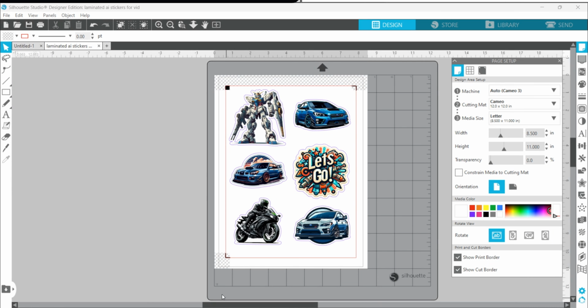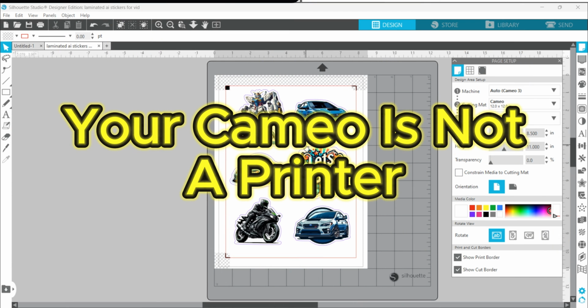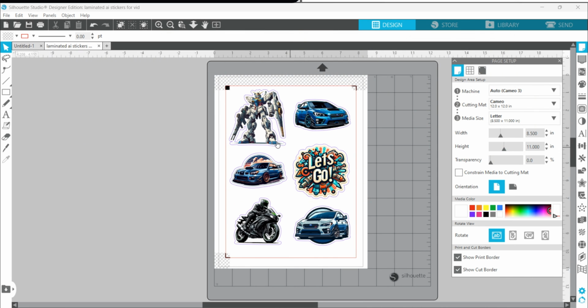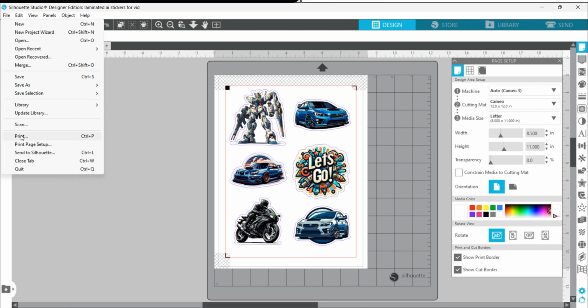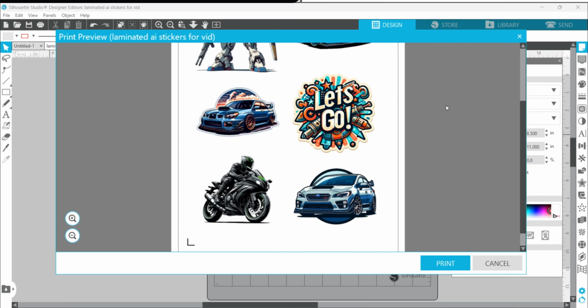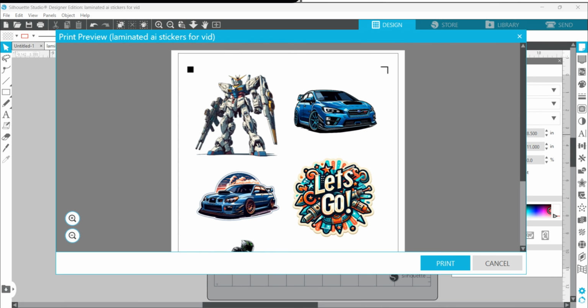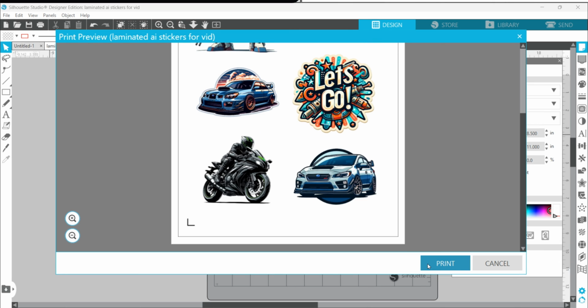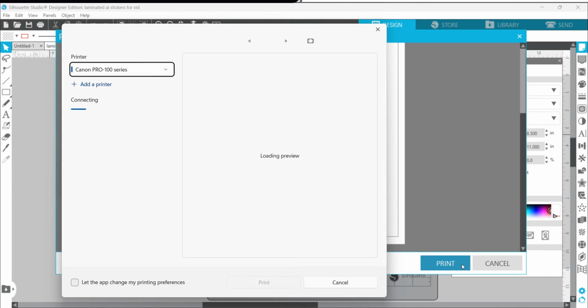Okay, and so now we are ready to print and send all of this to your printer. And again, we're sending this to your printer at this point, not your Cameo, because we do have to print out these images. And to do that, I like to go to File and then go to Print. If you're a Windows user, you can click Control and P. If you're a Mac user, I believe it's Command and P. And it should bring up this print preview screen. Go ahead and scroll and look. You can see that it's going to print just the images and not the offset line that we had put around it. And once you are satisfied this is good, go ahead and hit print